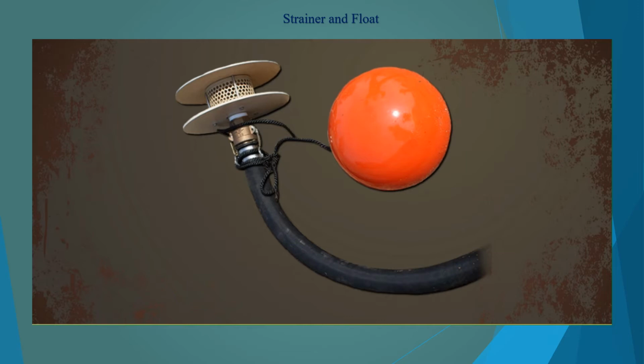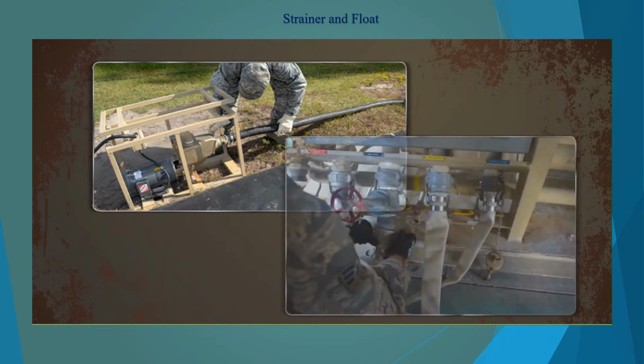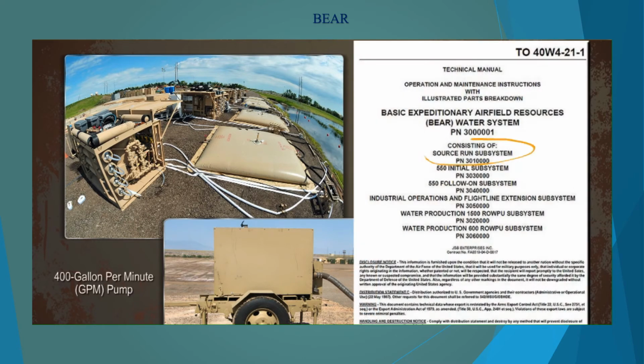bottom. Then, connect the suction hose to raw water pump 1 if connected in a series, and connect the hoses from the raw water pumps to the ROWPU raw water inlet. If the ROWPUs are part of the bare water production subsystem, connect the ROWPUs to the raw water bladders. The raw water is pumped from the selected water source using the source run subsystem. For more details on the components and the setup of these two subsystems, see Technical Order